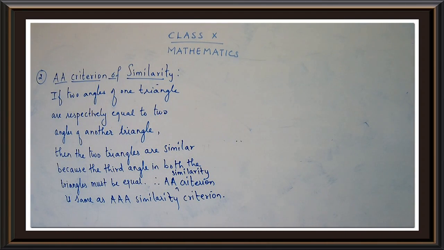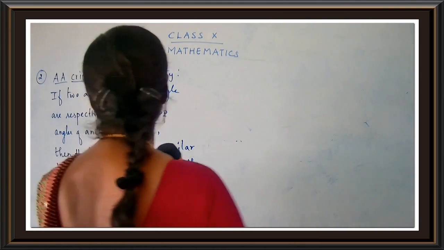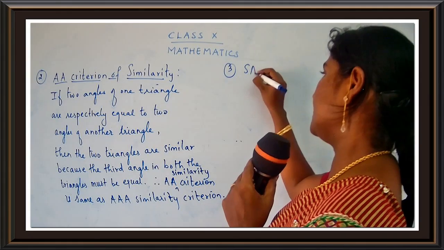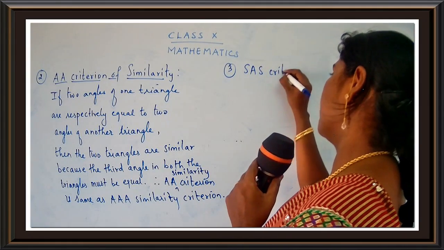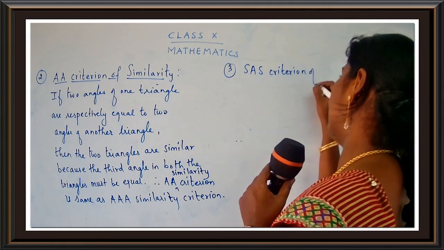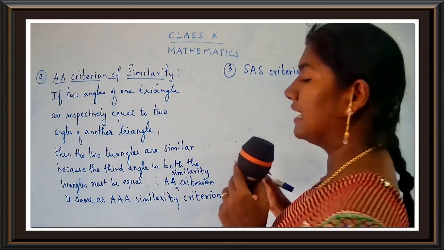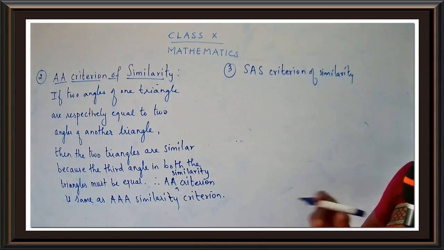Okay, now let's go for the third point over here. We have finished the second point, yes. So take down the third one. The third one is SAS criterion of similarity. You may feel that why we are writing this point is very important, because if you have